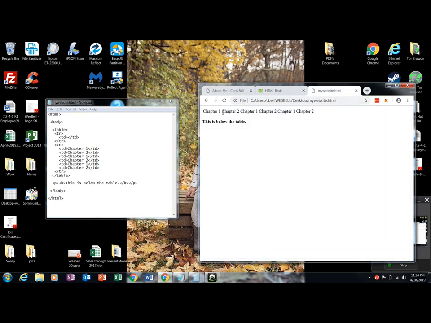So all these chapters, everything will be pushed down a little bit, and above that will be what I'm putting right here in this row, which is an H1, so it's going to be much bigger and bolder than that, and it's going to say what it says right here. Save, refresh. Okay, so what it did was it took this is row 1 of the table and row 2 of the table, and since this is all the way out here,